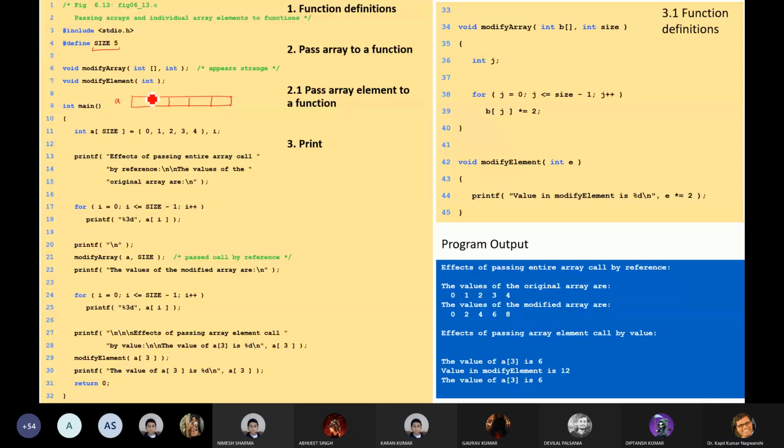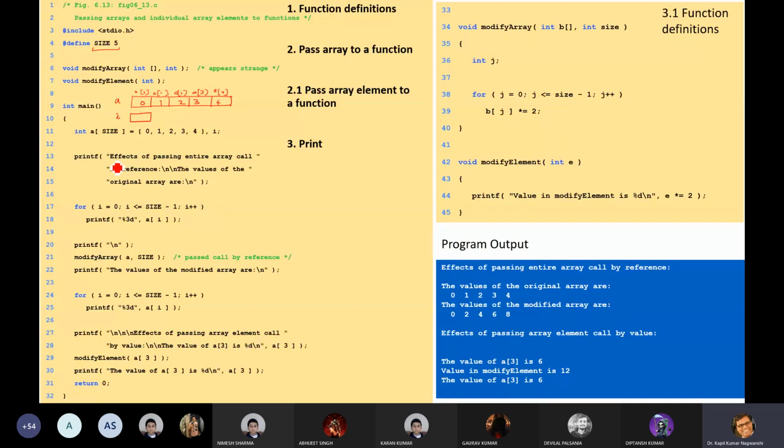Here the elements stored initially are 0, 1, 2, 3 and 4, and this is your A0, A1, A2, A3 and A4. Fine. Now one more value of integer type is given here and written like this.